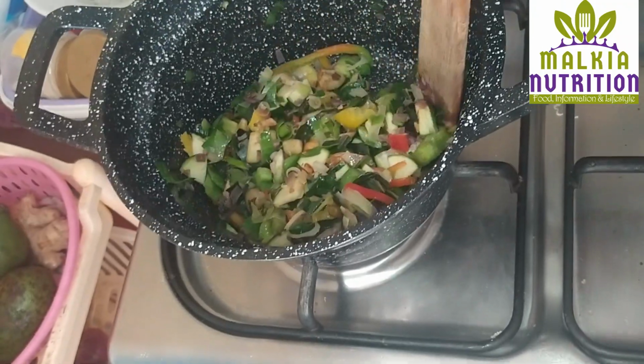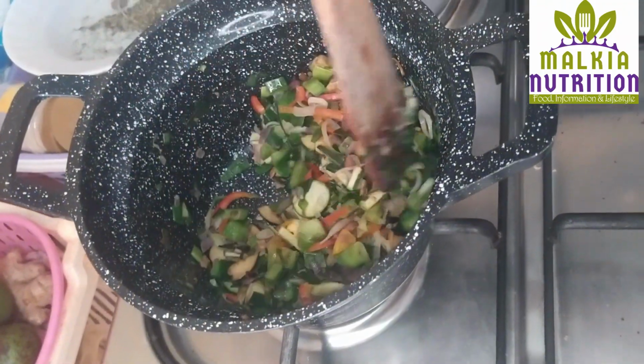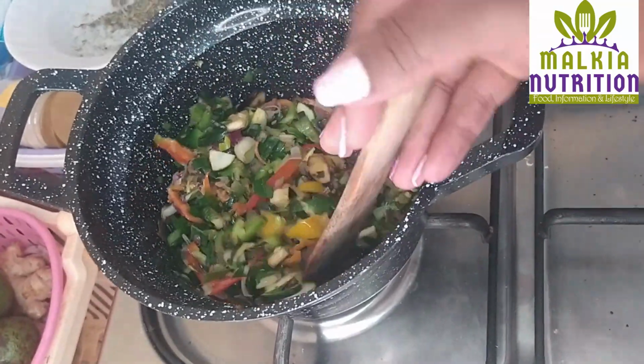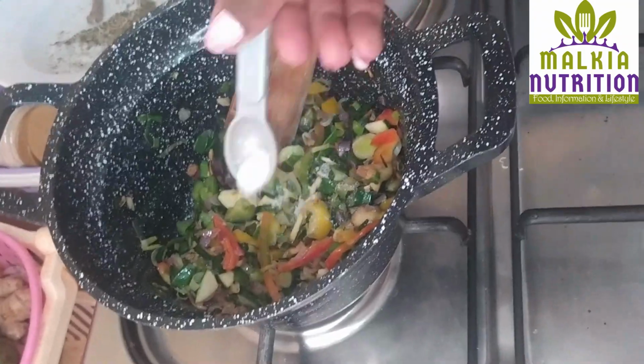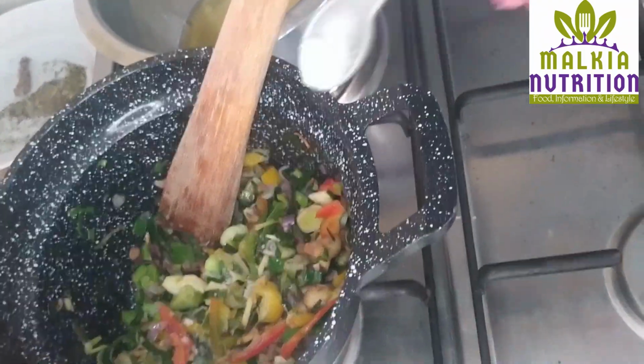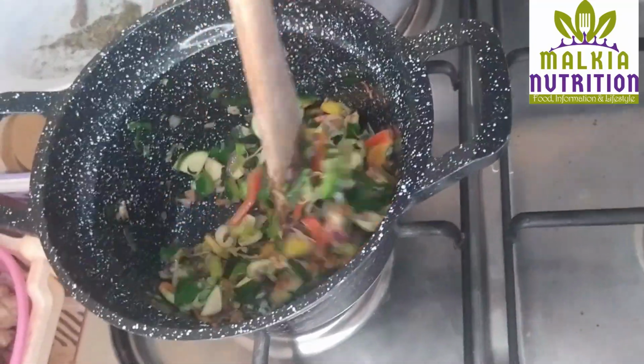And then it also bulks up our food, like food in Aqua Mob. It bulks it up because the prices of food have gone up and you need it to go as far as possible. So here I'm adding my salt,